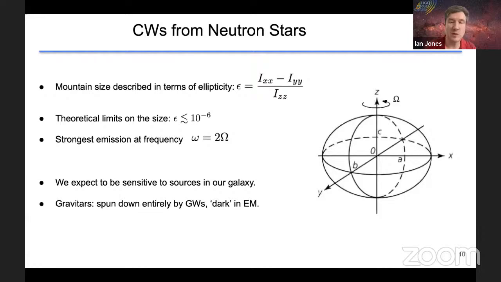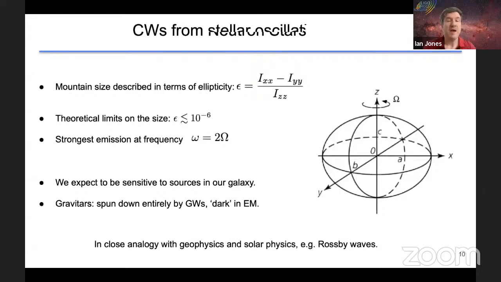So really, we're going to be talking about looking for these sorts of signals now. We only expect to be sensitive to these sorts of things in our galaxy. Spinning neutron stars in other galaxies are probably, not definitely, but probably too weak to detect. And there might even be some that we don't know about at all from electromagnetic data. But as I say, we're concentrating more on systems where we know where to look in the sky.